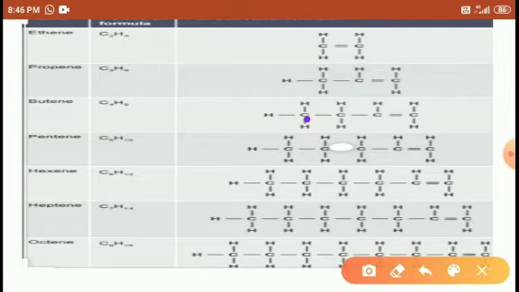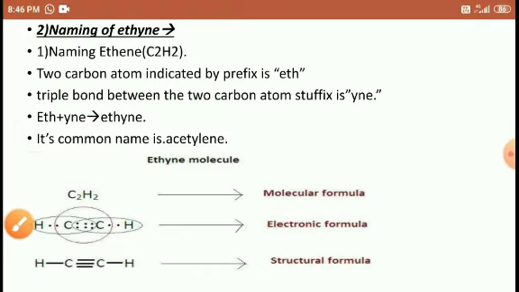The 1, 2, 3, 4, four carbons, between them a double bond is present, that is called butene. And the 5 carbons, 1, 2, 3, 4, 5, look here, the other bonds are single bonds but one is a double bond, so that's why it is called pentene. Right, students? So this is the naming of the double bond.